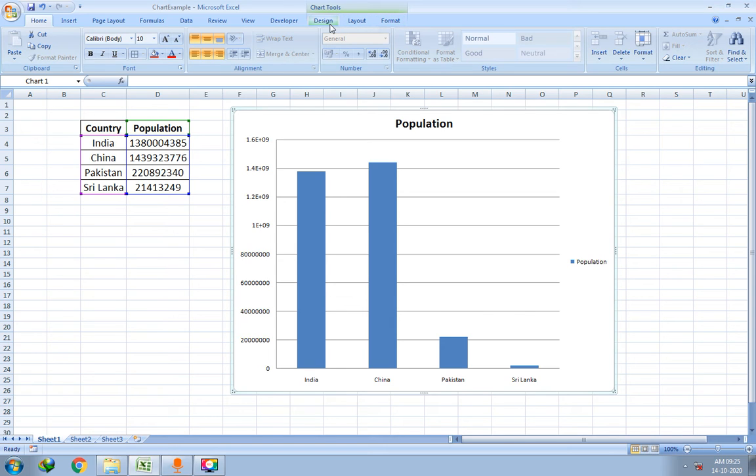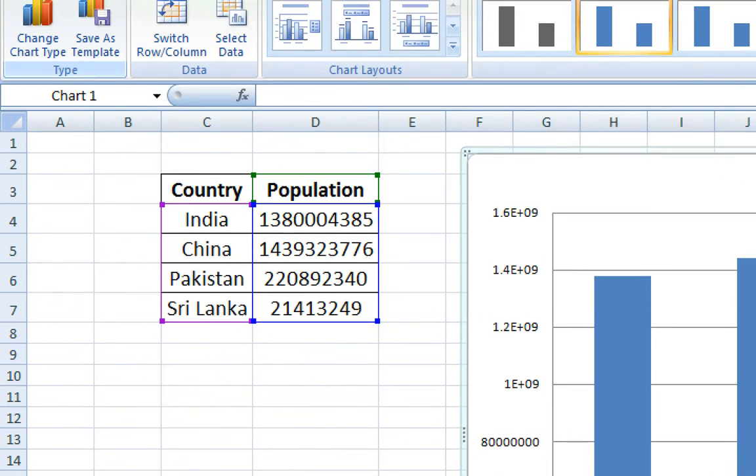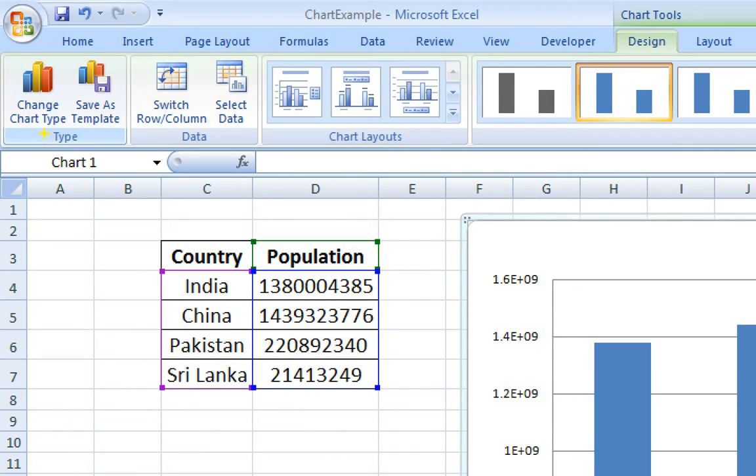Now let us see what are the ribbons or the options provided for these three tabs. First of all, design. So the ribbon or the menu or the options for the chart are these. What are the groups? Let us discuss the groups quickly. Type group is the first group. Next group is the data group.